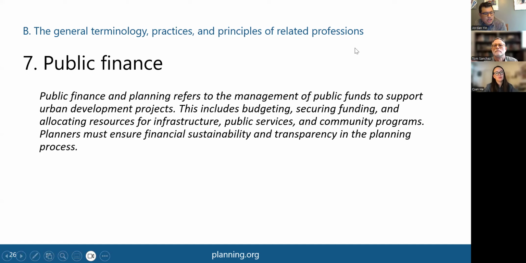But Tom and Chen, do you have any introspection on which of these areas planners might need to dig into a little bit deeper, or some key things that folks might want to be aware of? Well, I'll just say real quick. I think, again, talking about systems and these different professions that are all pitching in on the planning process, I think that's